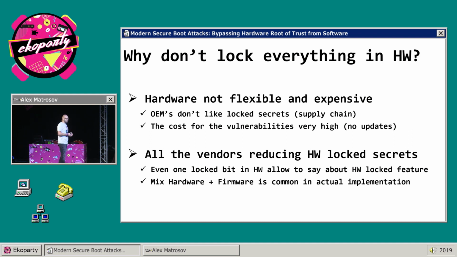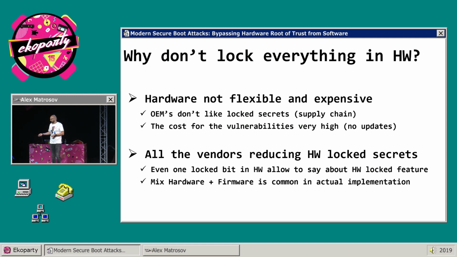As an example, Google recently made a recall for their dongles with the first version of the Titan chip, and it probably cost a lot of money for them. So the cost of updates is really high, and all the vendors try to reduce the secrets locked inside the hardware because of that, since the price of fixing these issues is very high. And in most cases, we can see a mix of hardware and firmware, and that is how